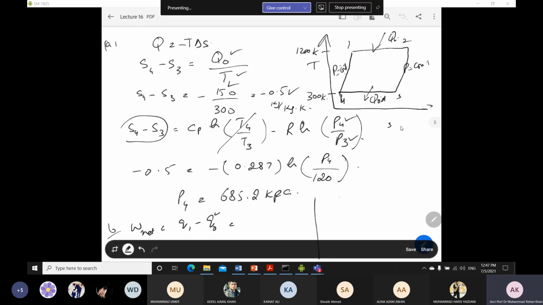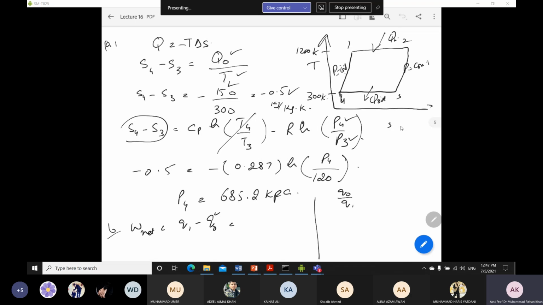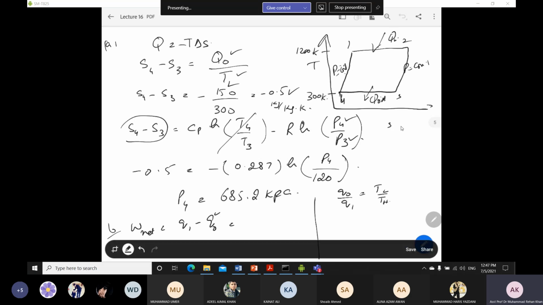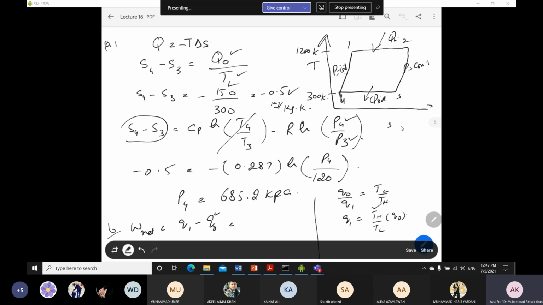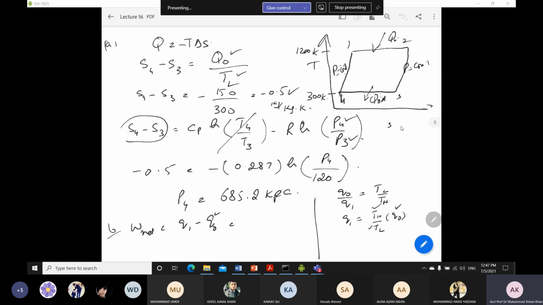you already know that Q out over Q in for the Ericsson cycle is equal to TL over TH. We just compare the Carnot cycle efficiency with the efficiency of the Ericsson cycle, so the equation becomes like this. From here we can say Q in is equal to TH over TL times Q out. Now TH value is known to us from the question. It is 1200, TL is 300, and Q out is 150. So simply we can put the values and we can find the value of Q in as